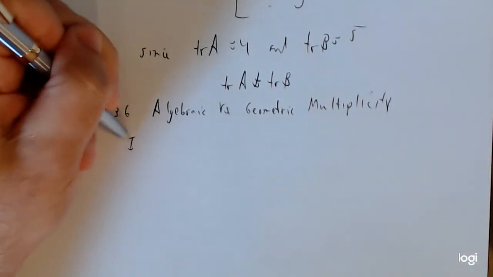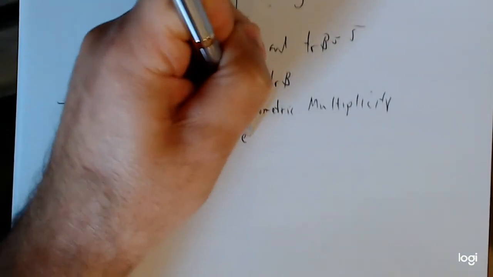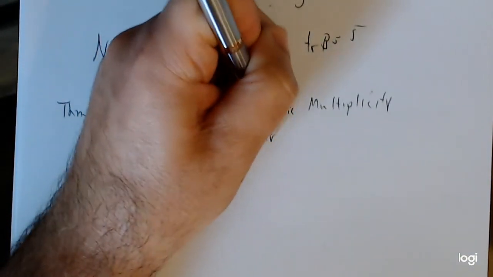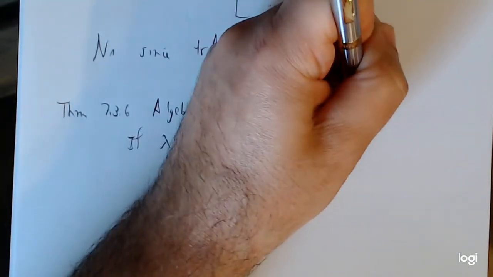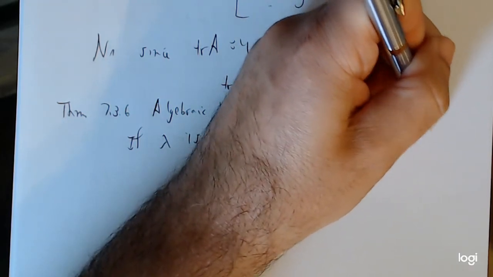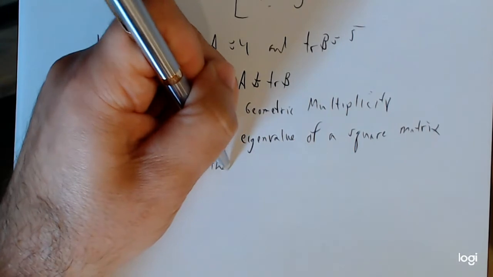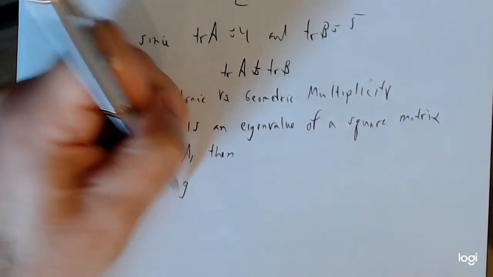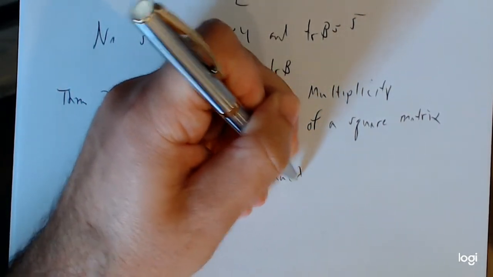So if lambda is an eigenvalue of a square matrix A, then the geometric multiplicity of lambda is less than or equal to the algebraic multiplicity of lambda, which makes sense,